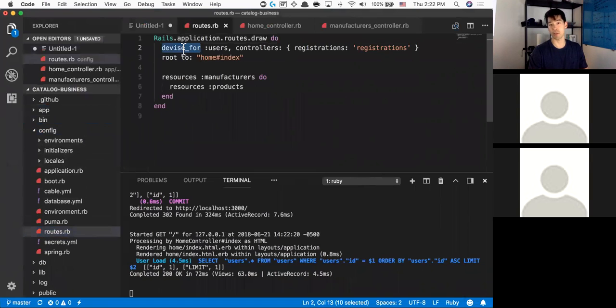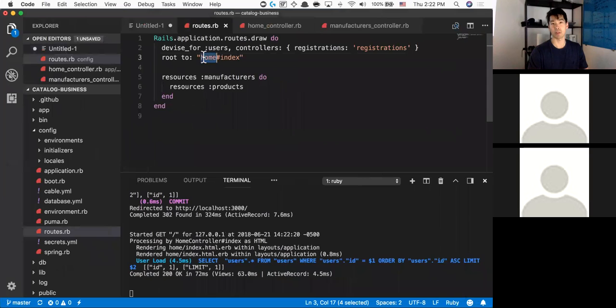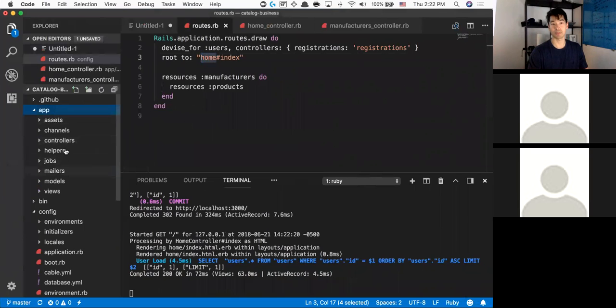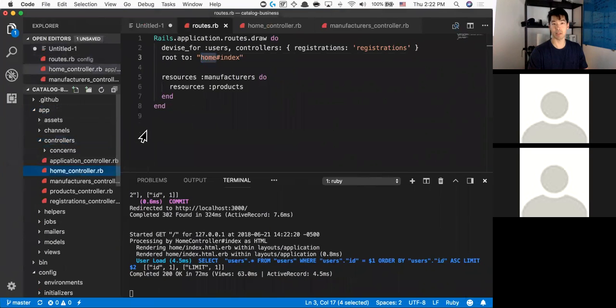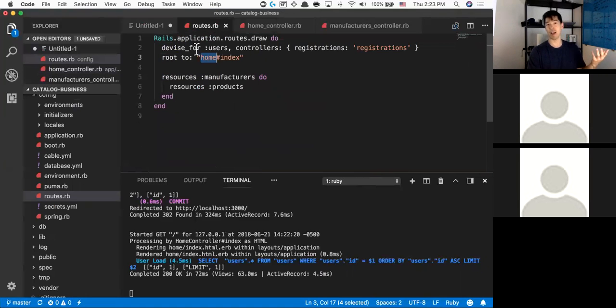So it looks like we've got Devise for logging in and logging out. Whenever I'm going to the home page, it's taking me to the home page, the index to be specific, so the welcome to the home page. So let's take a look at the home controller and specifically the index method. So there's the index method over here. I don't have to do any sort of code. I don't think we went over this. So if I had to figure out all the code that's happening from front to back,